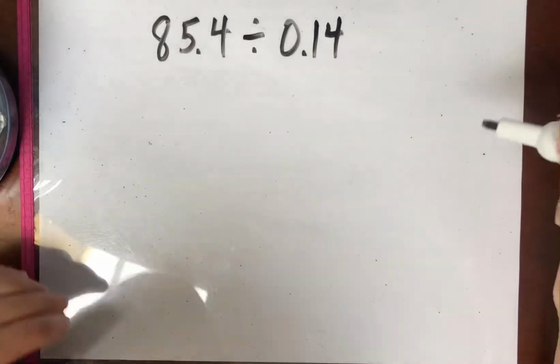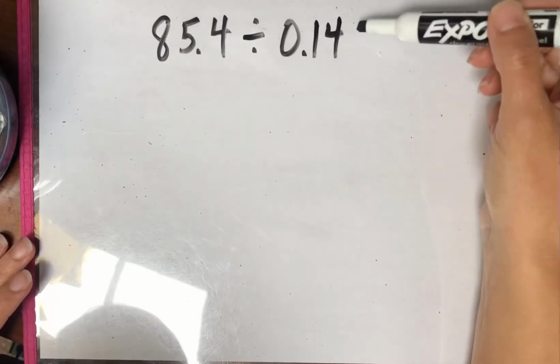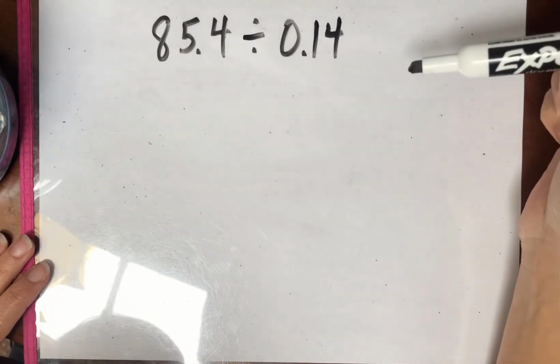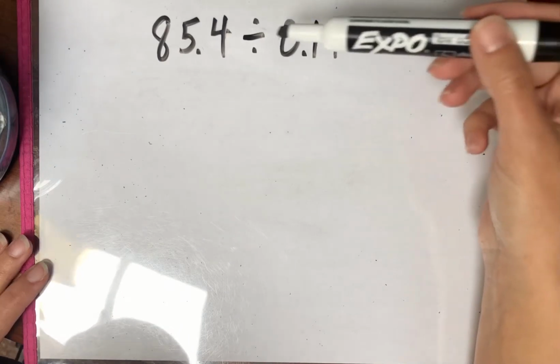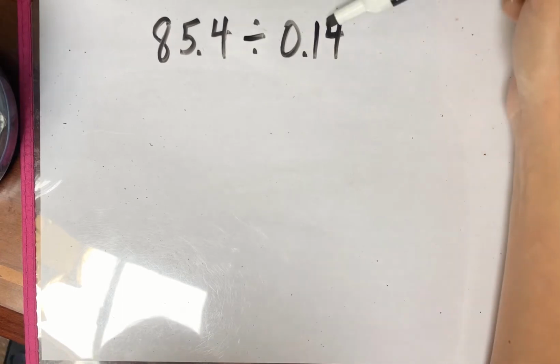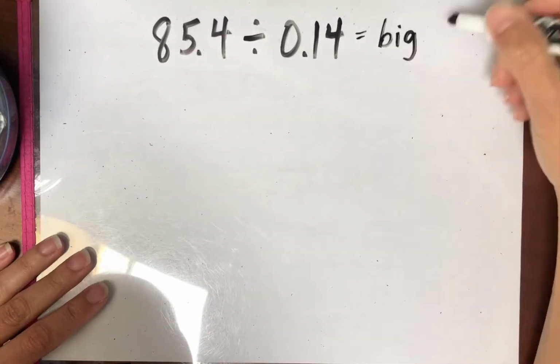All right, I want to show you another example. In this problem, it's a little difficult to estimate because this number is so small. So I'm not going to make an estimate for this problem because I don't think that that's going to be helpful. But I also want you to think, when you have a number like this and you're dividing by such a small number, you're going to get a big answer